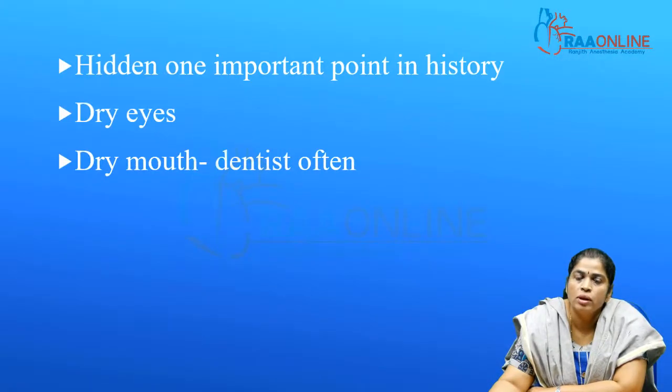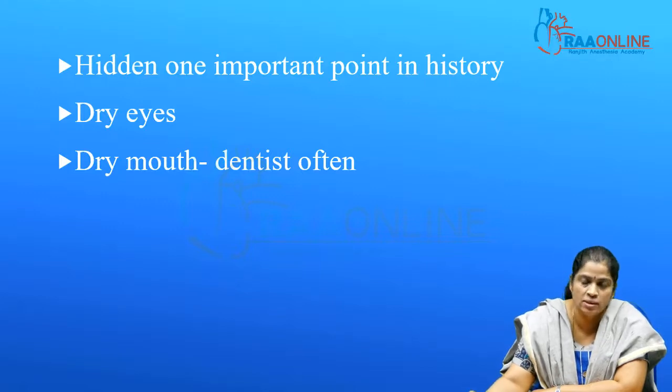Again, the important history that she has not told you. See, I hide one important point in the history on purpose because I want you to understand that patients do not volunteer all information. Sometimes you have to ask them outright, do you have this? So when we asked this patient, do you have dry eyes? Do you have a dry mouth? She said yes, because she did not realize it could be related to her joint pains. She has such dry eyes that she's been using artificial teardrops for quite a while, and she has to visit the dentist quite often because she gets caries.